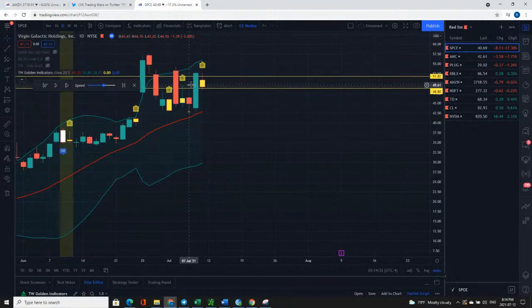Okay, so first question. When SPACE has an inside bar, so it had an inside bar on Friday, what's happening to option premiums? Are option premiums increasing or decreasing? Are they decaying or are they increasing? Let me know what you guys think. What is happening to the option premiums there?